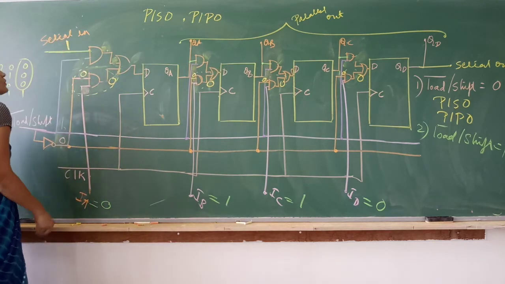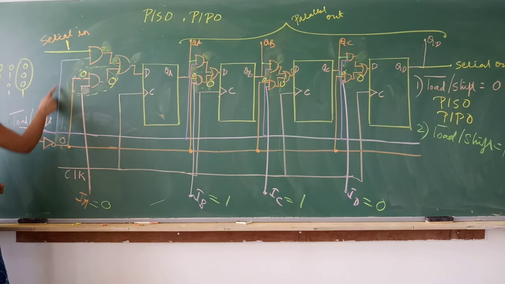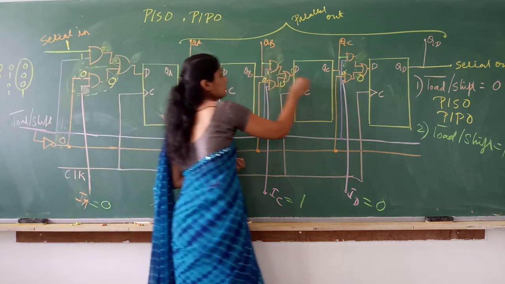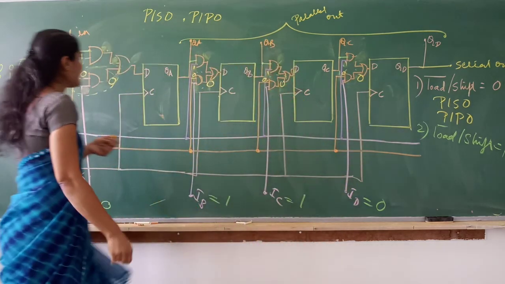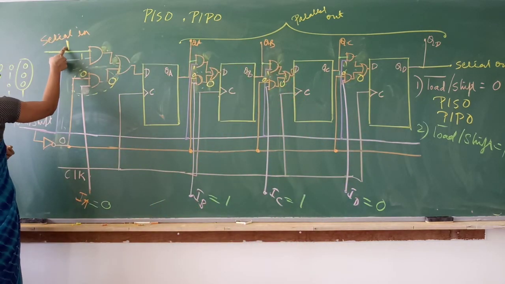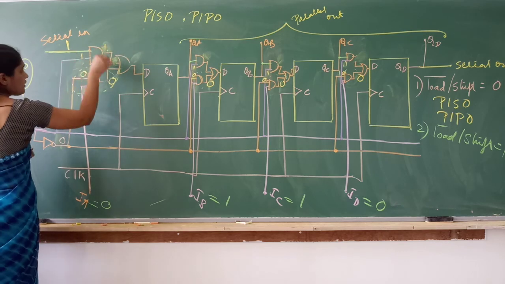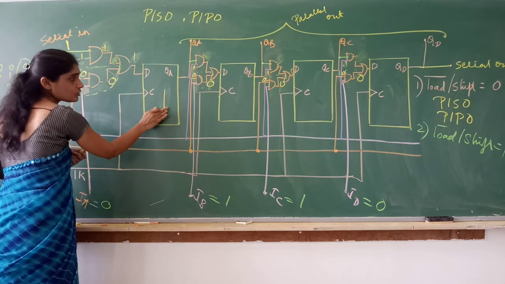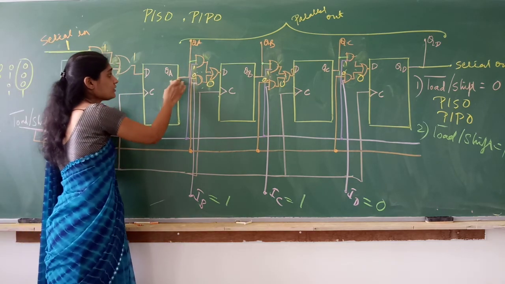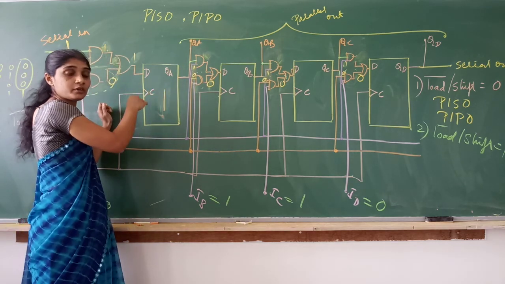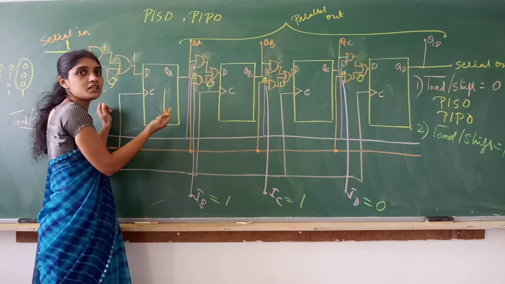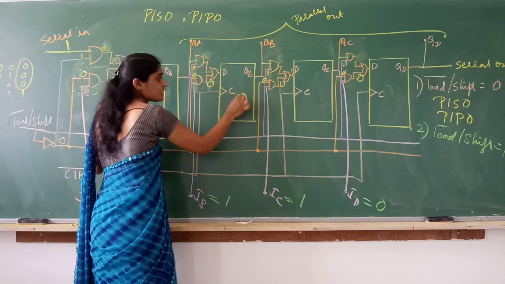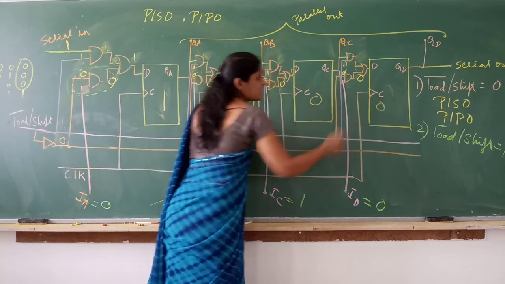So you give input as 1. And what is here? Here it is 1, no? So here it is 1. 1, 1, 1. So now your AND gate is depending on the serial input. If you give serial input as 1, 1 into 1, 1. 1 plus 0, 1. So it is 1. So whatever the input you give, it will be stored here. Next, what is QA? First clock pulse, maybe it is 0 or 1. Initially we will take it as 0, right? So if initially QA is 0, that will be transferred here. Like that, serial in, serial out.